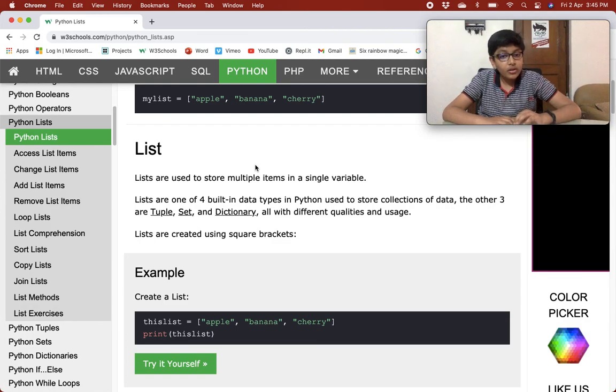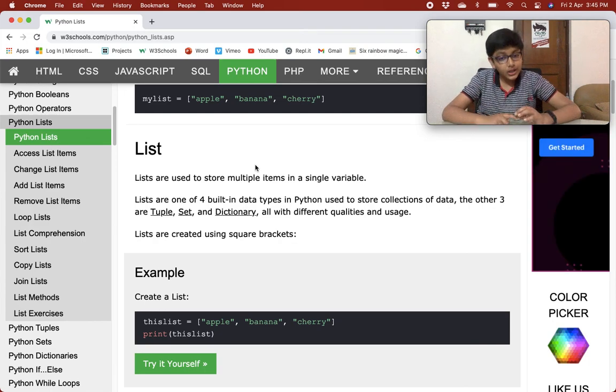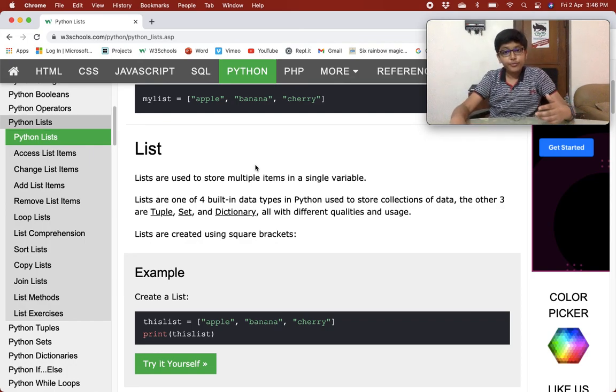Lists are one of the 4 built-in data types in Python used to store collections of data. The 3 others are tuple, set, and dictionary, and list is the 4th one.